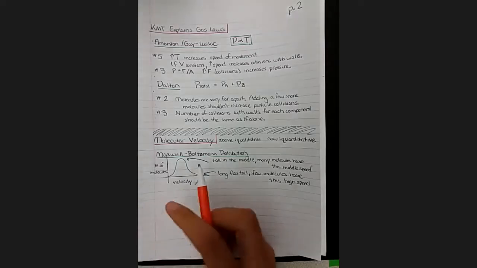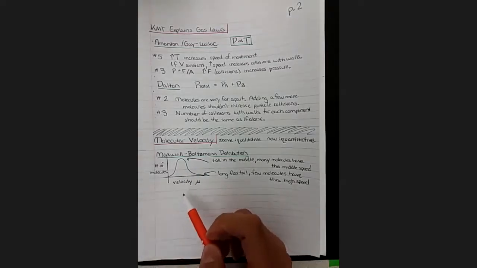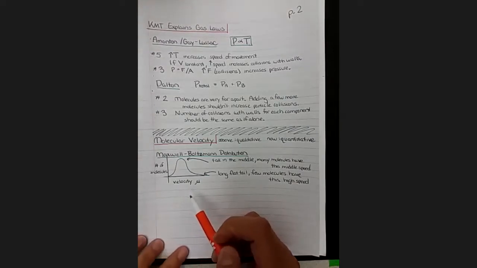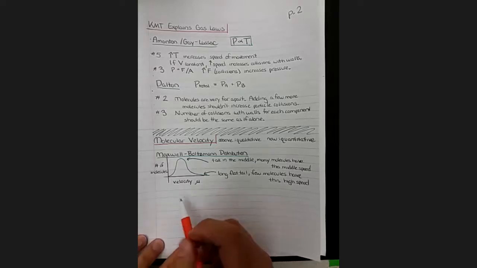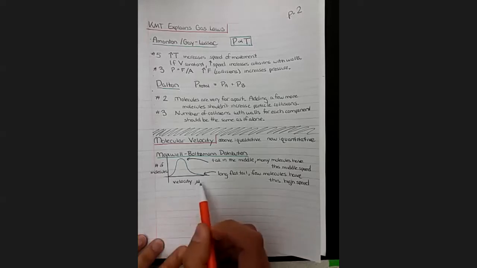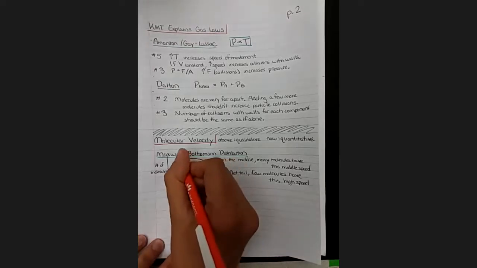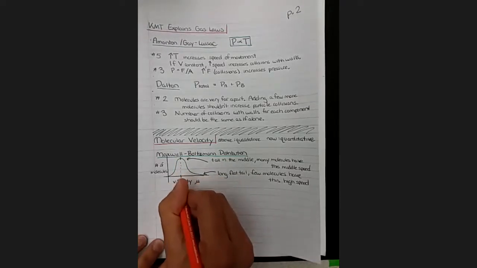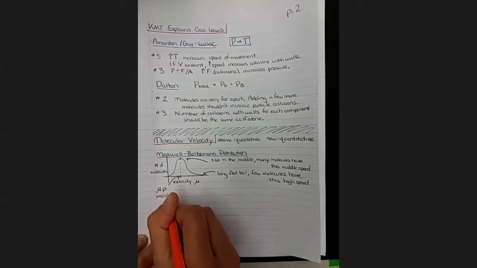So when we take the temperature, we're taking an average. We're taking a snapshot of all the molecules inside the container. And so if we wanted to take a snapshot and pick a value to represent this entire curve, which value would we pick? I'm guessing most of you would guess on your first try that we would pick the maximum, the very highest value, right here. And that value is called mu sub p, or the most probable speed.